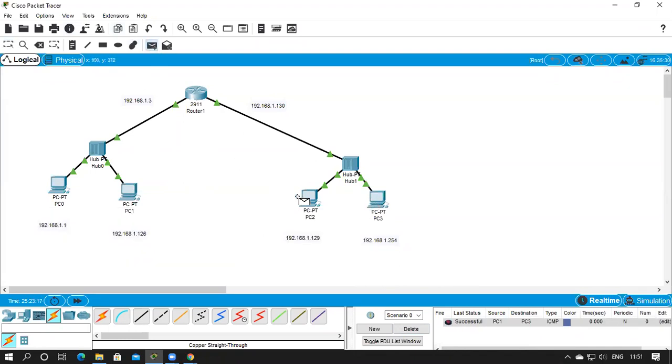We'll do the reverse way. Okay, this is the example for creating two subnetworks. You can add more PCs and create four hosts in one subnet. Another two PCs you can add and give some IP addresses. This will become 4 hosts in subnet 2.